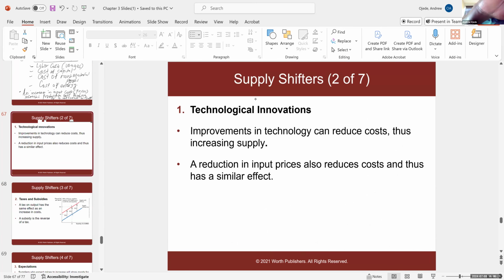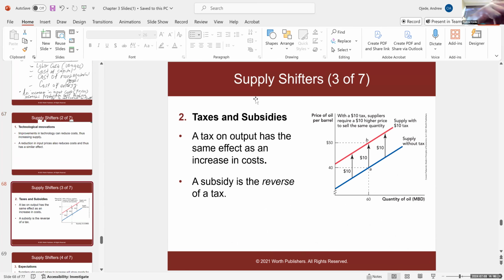I talked about this already. Taxes and subsidies. If the government increases taxes on companies, on producers, on sellers of a good, that is going to inhibit their ability to produce goods and services. They're going to decrease supply. Taxes are a disincentive to production. Many businesses don't want to pay very high taxes on their what? On their products. You know that. So if you levy very high taxes,